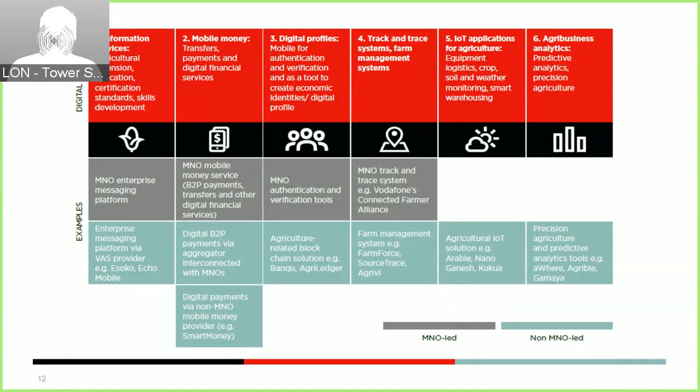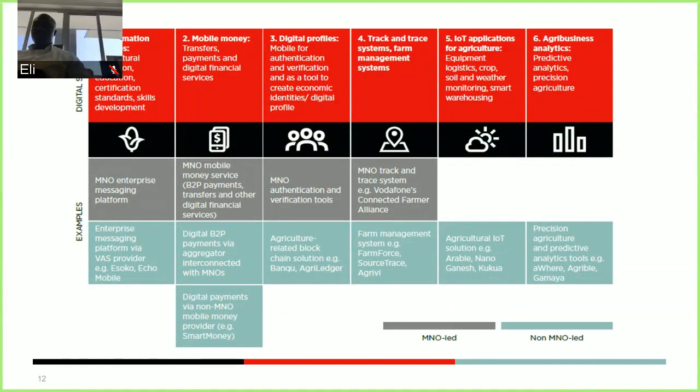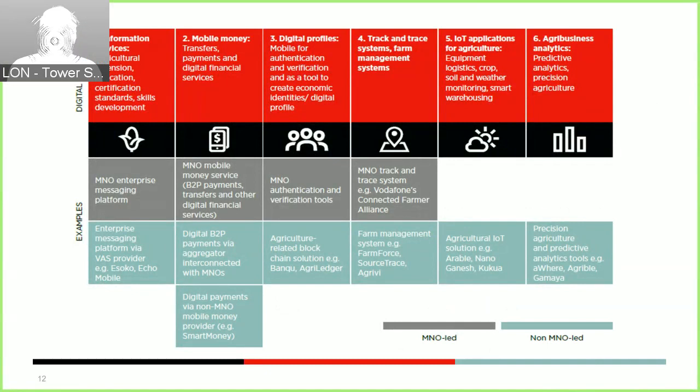Then when we look at mobile money payments, transfer, digital financial services, as mentioned before, here we have the MNOs targeting agribusinesses with bulk payment solutions in gray. We also have third parties, non-MNOs, that are enabling digital payments. In some markets, for example in Africa, we've seen a growing number of companies specialized in digital payments, so-called aggregators, for example, in the case of Uganda. These companies effectively are interconnecting with MNOs to enable agribusinesses to pay farmers across one or multiple mobile money networks. We'll present again a case study later in this webinar where one of these aggregators is enabling farmer payments in the last mile in Uganda.